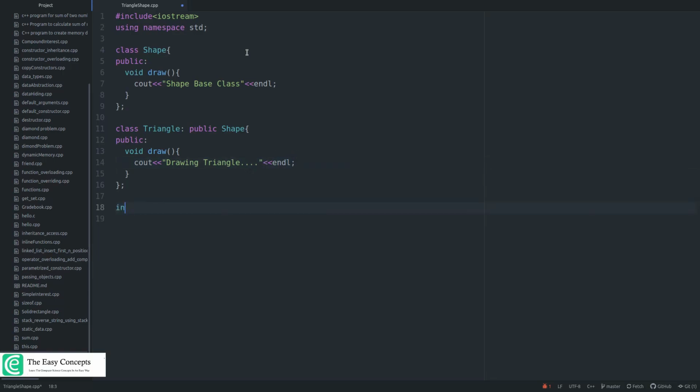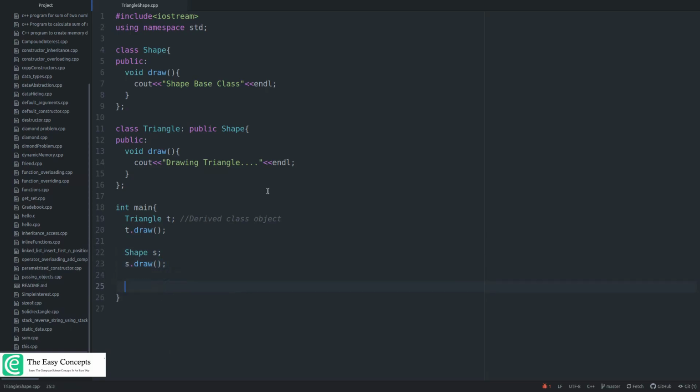And now coming to the main driver function. First task is to create an object of triangle. So it's a derived class object, and then if you invoke draw on this, it should print "drawing triangle". You can also create an object of shape with the name s, and if you invoke draw on this, it will print "shape base class".